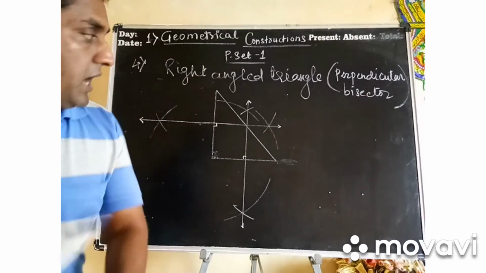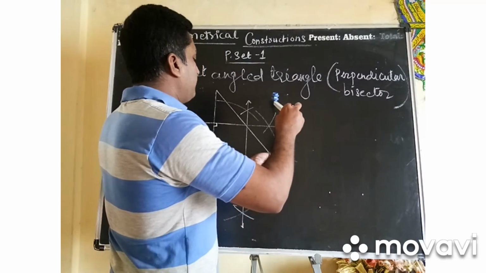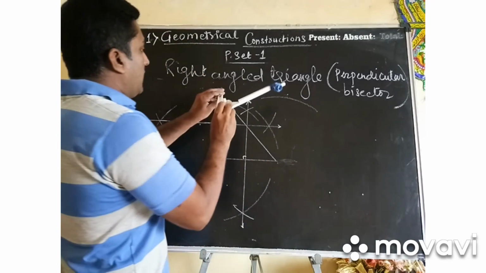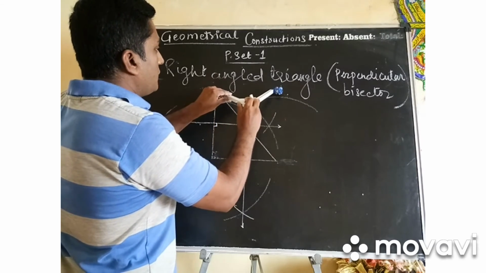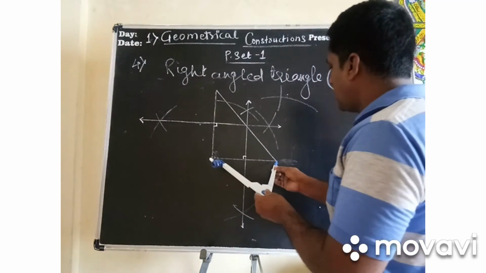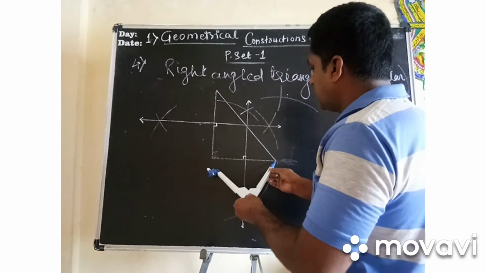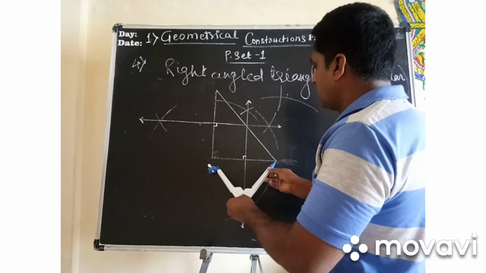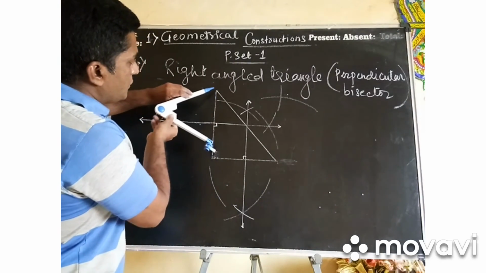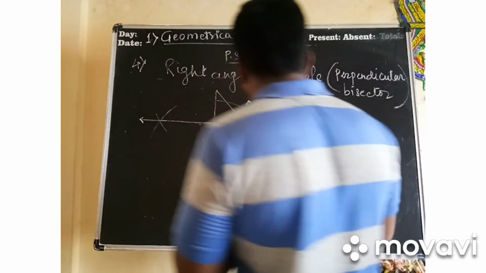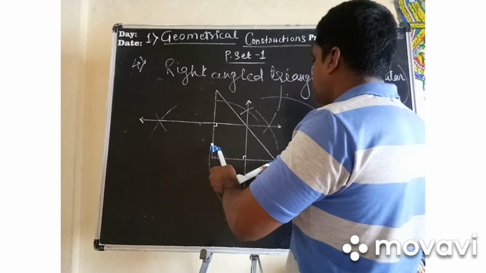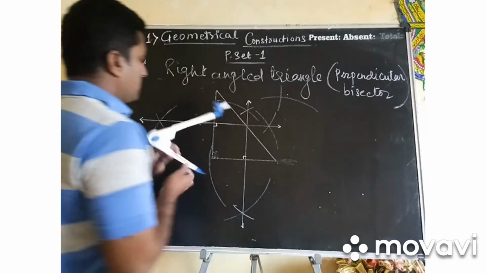So what I will do? I am going to take it here. After taking it here from this point, I am going to draw here this way. Right everybody? And after taking from here, I am going to draw here. Ready? After that, again I am going to hold it here. See, same span. Don't change the span. And after taking it here, I am going to draw. It has to be drawn here. And after taking it from here, let me elongate it, because it is not going to intersect. See, a little bit long I am taking, so that I get the intersection point.